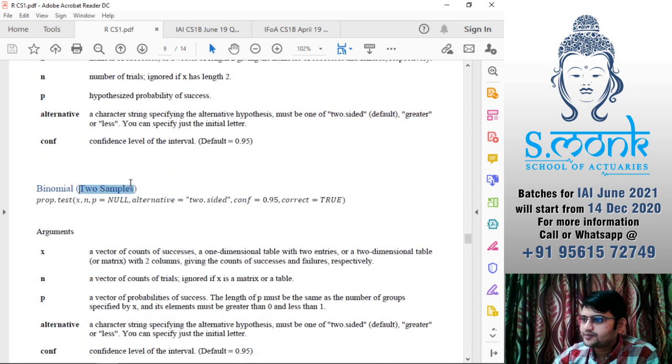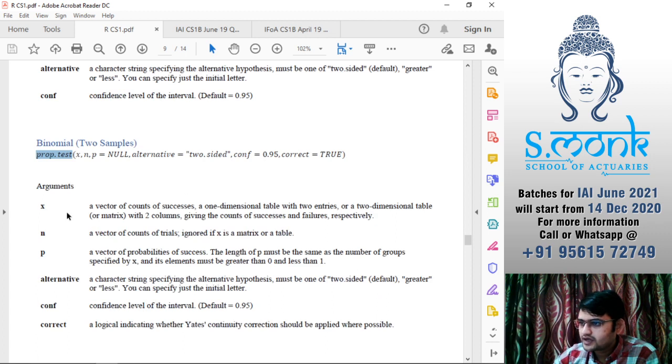Then we have the two sample one, prop.test. For that, x is a vector of counts of successes, so you will specify x1 and x2, and n will also be a vector of count of trials, that would be nothing but n1 and n2.